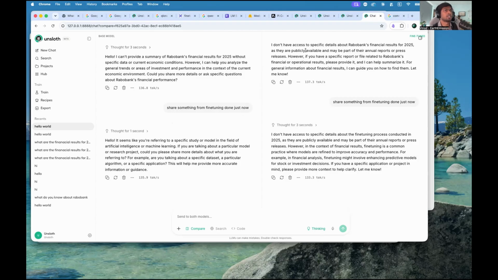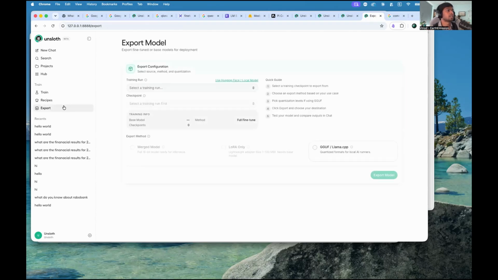Now I have this fine-tuned model here, but let's assume that this worked, and now I want to publish it to Hugging Face, or I want to publish it to other people. Then you can basically export the model. So these are all the checkpoints. You can see I've run these only today, and you can select this, and then you can also select the checkpoint, and then you can export the model with a different method, and then it converts it